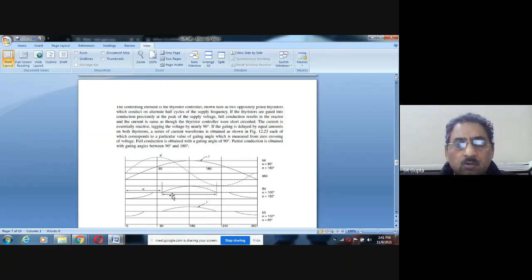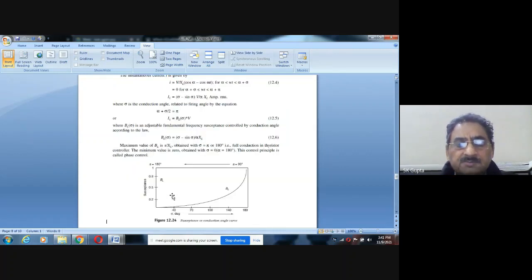तो जितना फायरिंग एंगल होगा उसके अकॉर्डिंगली हमारा कंडक्शन एंगल होगा, और कंडक्शन एंगल के अकॉर्डिंगली ससेप्टेंस होगी, ससेप्टेंस के अकॉर्डिंगली हमारी करंट होगी। तो ये फायरिंग एंगल का रिलेशन है। So the conduction angle will be (pi minus alpha) multiplied by 2. When the firing angle is 90 degrees, conduction is maximum, ससेप्टेंस की वैल्यू मैक्सिमम होगी। और जब फायरिंग एंगल 180 डिग्री हो गया तो कंडक्शन जीरो हो गया, ससेप्टेंस की वैल्यू जीरो हो गई।